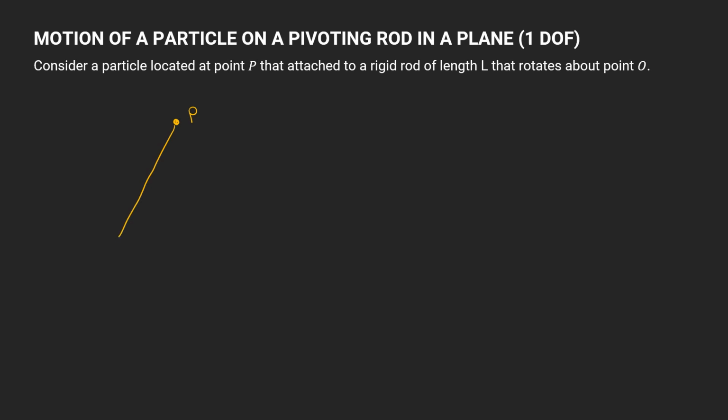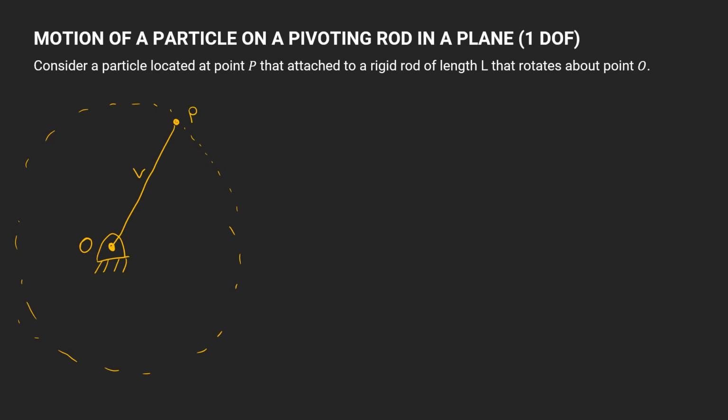Instead, it is constrained due to the fact that it is attached to a rigid rod, which has a length of L. And that rigid rod pivots about a pivot point defined as O here. All right, and so now this particle P is constrained such that it can only move along this circle here,